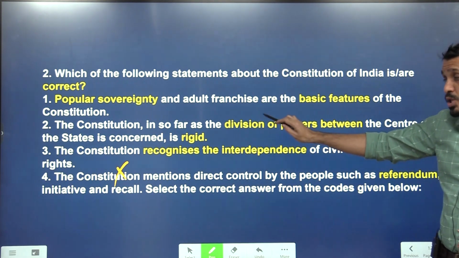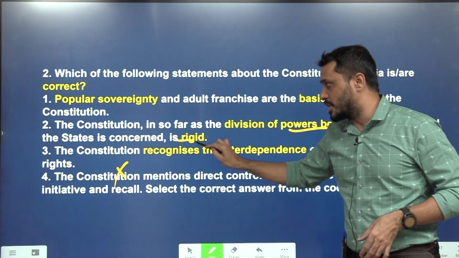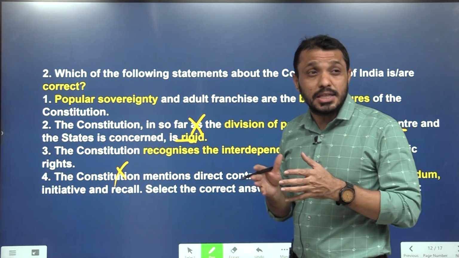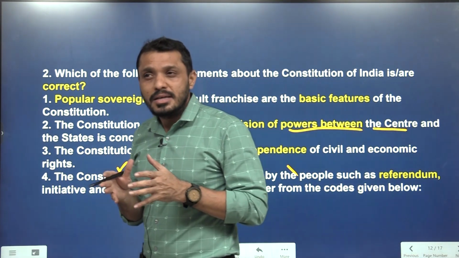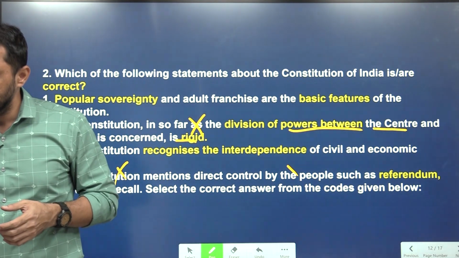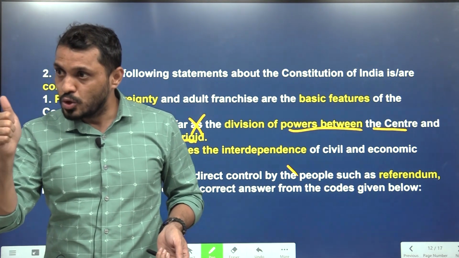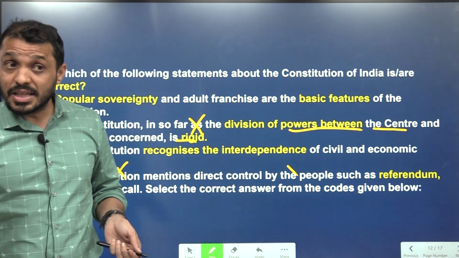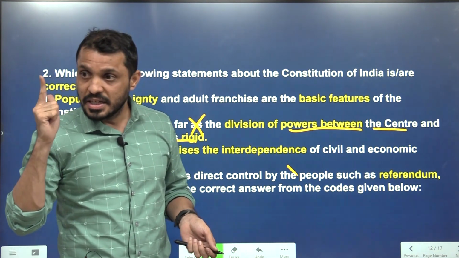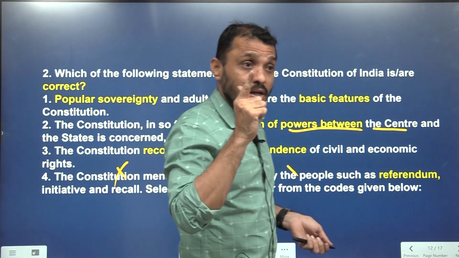The Constitution, in so far as the division of powers between the center and state, is rigid. No. The division of powers between the center and state is not rigid. It is fluid. Sometimes the center also can interfere and make laws on the states. Under which conditions? When 2 or more states request, and for the implementation of international laws and international treaties, and when Rajya